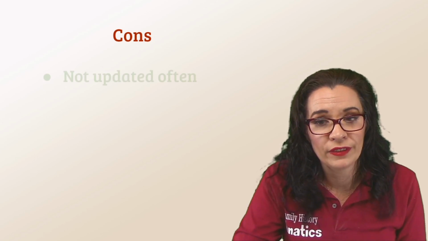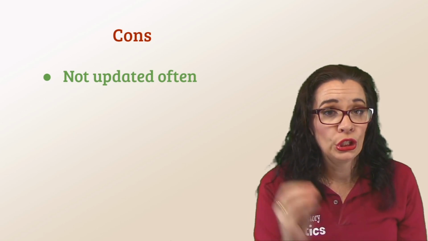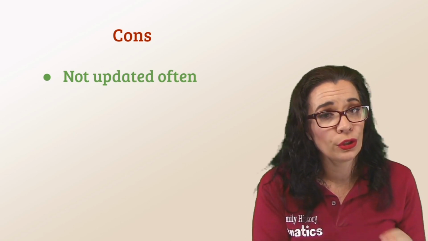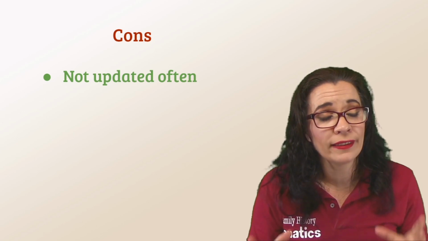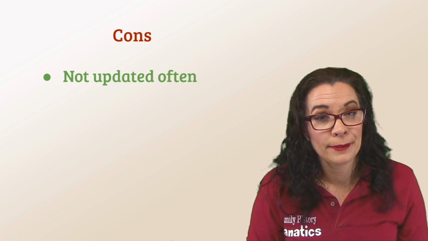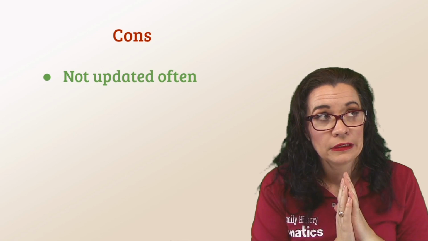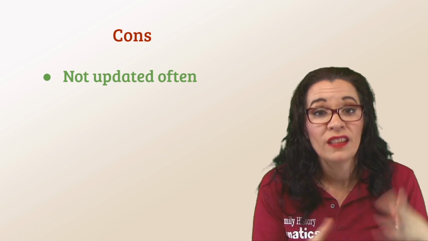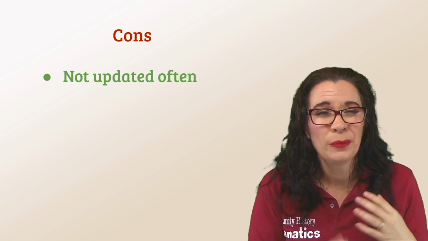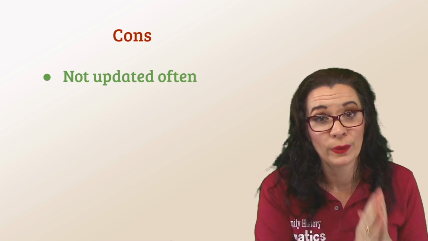Now, there are some things I kind of don't like about the theories of family relativity. The first thing is that they are not updated very often. You could link your DNA to a tree, your matches could have linked their DNA to a tree, and still you won't have any theories for a while. And you have to wait and wait and wait until they update it again. So I really wish I could figure out a way to do that process a little more frequently.